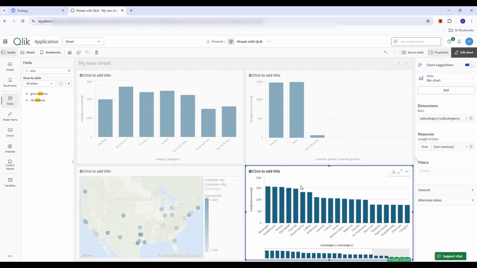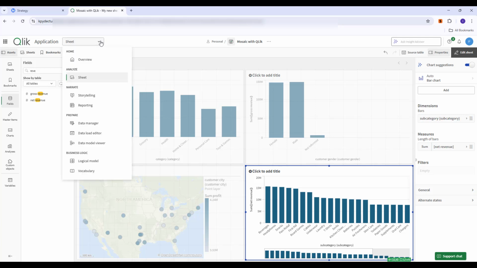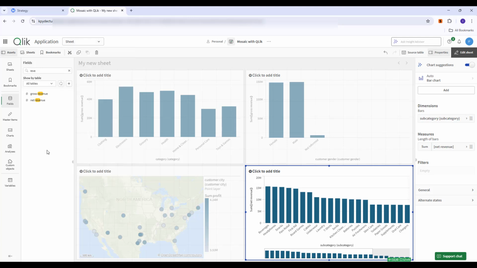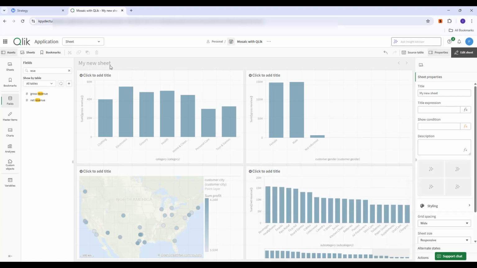So for those of you who are Qlik experts, you know how to change the visualization, how to reposition, you know how to do all that sort of stuff, right? So feel free to do it. The main thing here is our data source, our data set is coming from Mosaic. You can go back here to the top left corner of the Qlik application, and you can check your application, your data source, by going to Data Manager or going back to Data Load Editor. Go to the Data Model Viewer. You will see the table that we added to this model. All right, so that's pretty much it with this